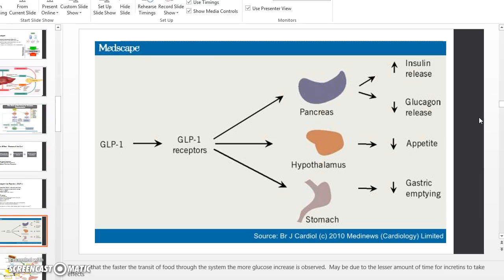This is just a diagram to help visualize what I just explained as the action of the GLP-1 type receptors. As you can see, you have them in your pancreas, hypothalamus, and stomach. This helps to promote insulin release, decrease your appetite,